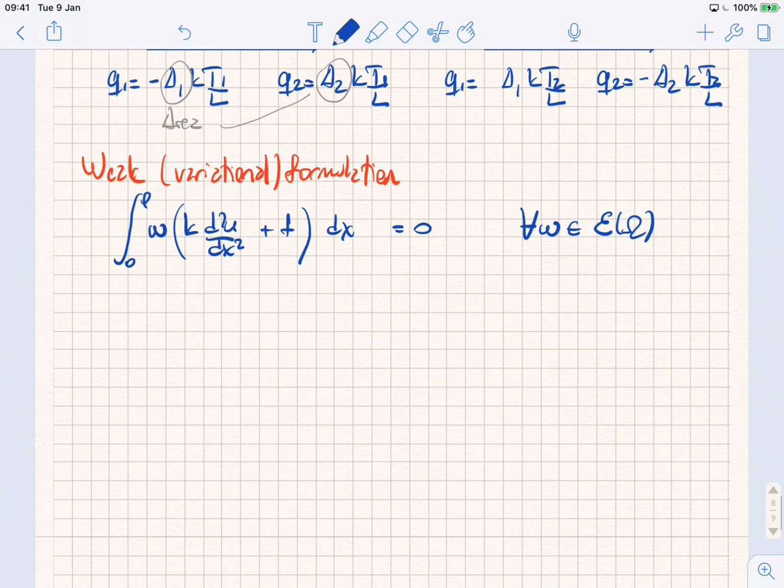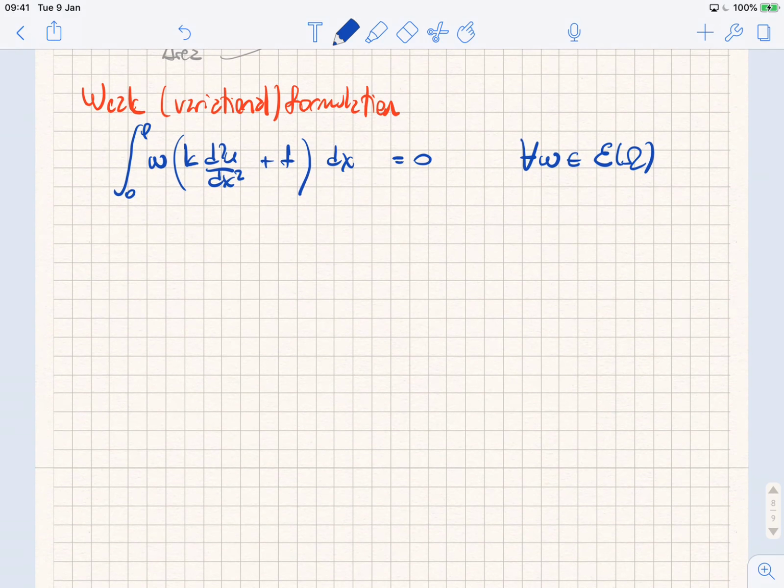But can we solve that yet or not? What did we do last time for the elastostatics? Integration by parts. And why did we do this? You lower the requirement of differentiability on your trial solution. So let's do that. So if we take that first term, if you remember, integration by parts was u dv equals uv minus v du. So my integration by parts